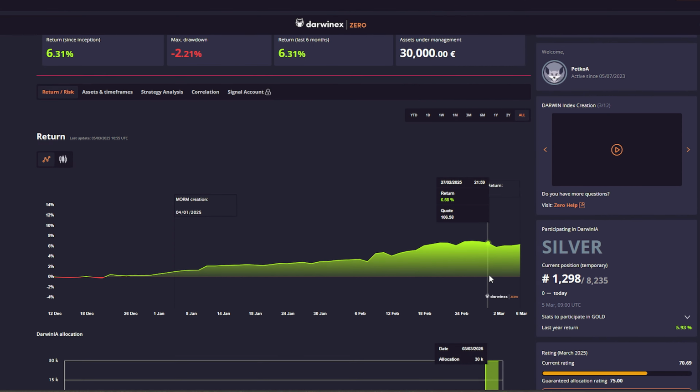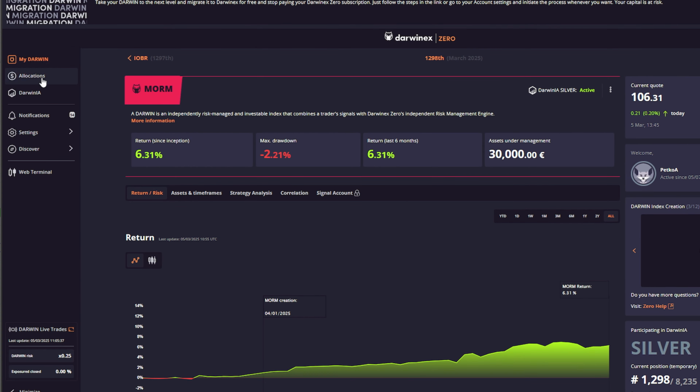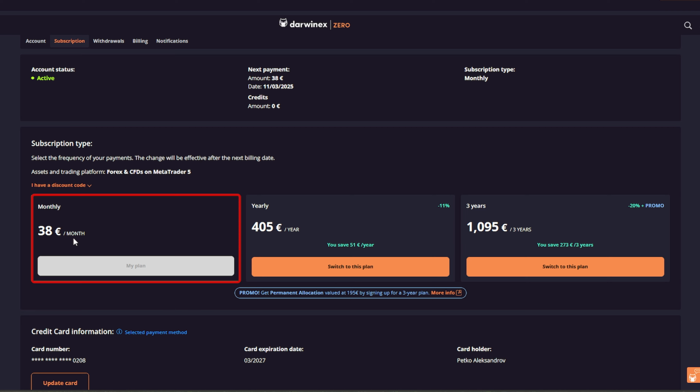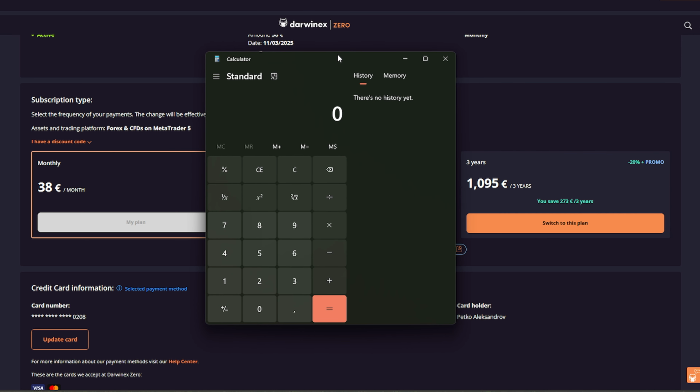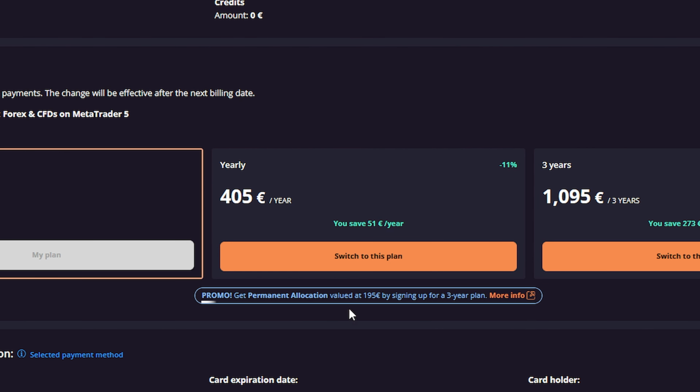Thank you guys. But because I received the allocation, or because I saw that these EAs are capable of performing profitably so I can receive allocation, I will go to my subscription with Darwinex, where currently I'm paying 38 euro a month, and I will switch to the 3 years plan, which is 1,095 euro, because if I keep paying 38 euro for 1 year, I'll be paying 456, and for 3 years that would be 1,368. So yeah, definitely this is a cheaper price, but I will also get permanent allocation valued at 195 euro, which